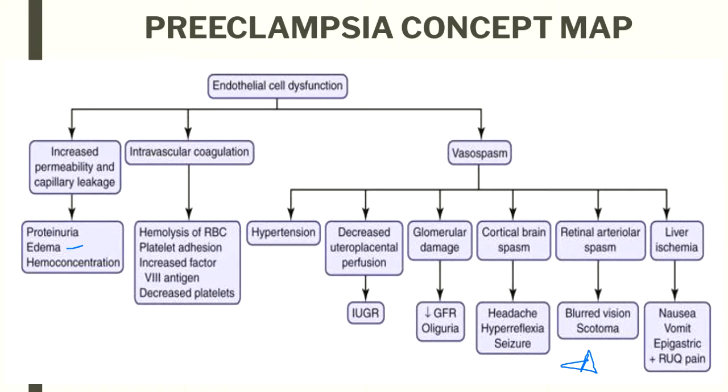Okay, and normally the glomerular filtration rate is increased in pregnancy, but with preeclampsia, because of the vasospasm and the vasoconstriction and the less blood supply happening in the constricted arteries, her renal plasma flow is going to be decreased, and her glomerular filtration rate is going to be decreased also. And so then her kidneys are going to have a harder time clearing out the protein, and she's going to get protein secreted in her urine, which is not normal.